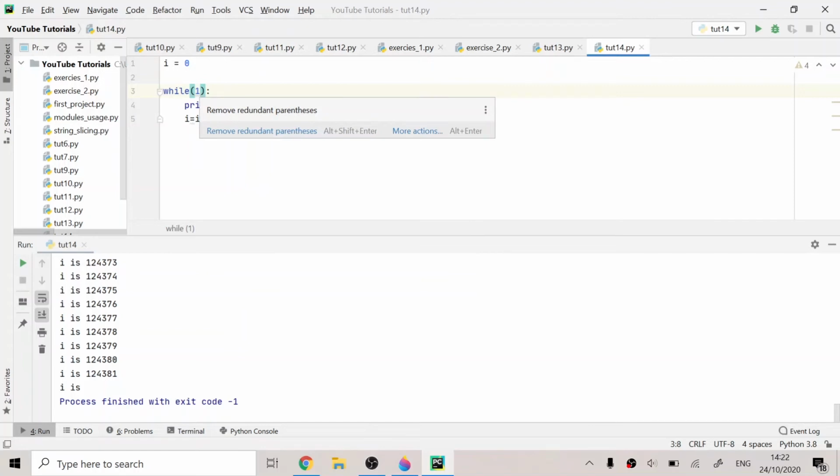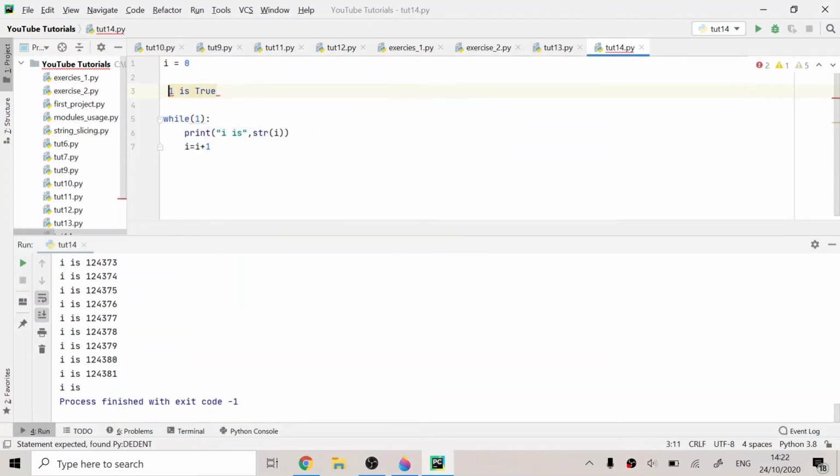And why I've put 1 here is because, guys, in programming, 1 is true in boolean, and 0 is false. So whenever someone asks you that in boolean type, that is true or false type, what is 1, you have to reply that it is true, and what is 0, you have to reply that it is false. Just keep that in mind, that 1 is true and 0 is false, because this is asked in many programming interviews.